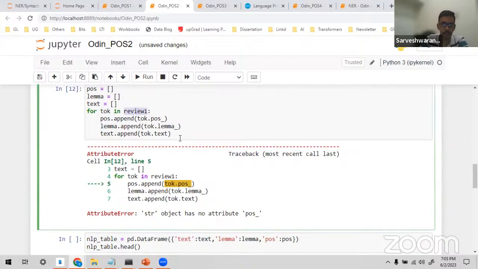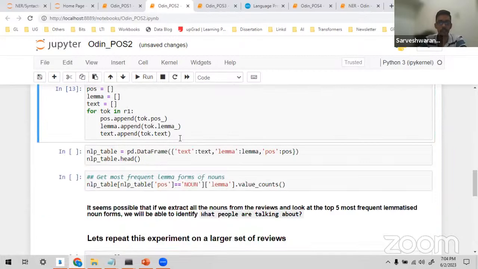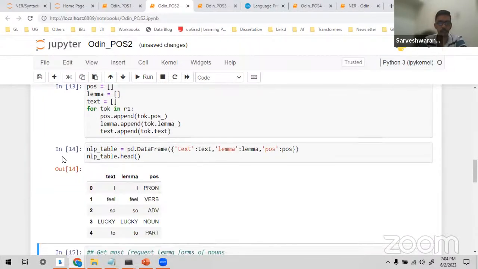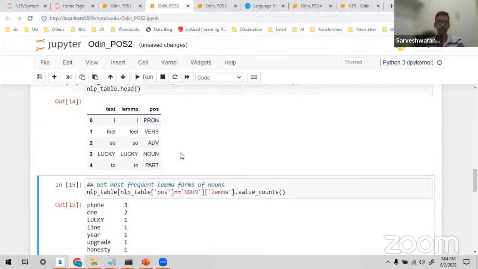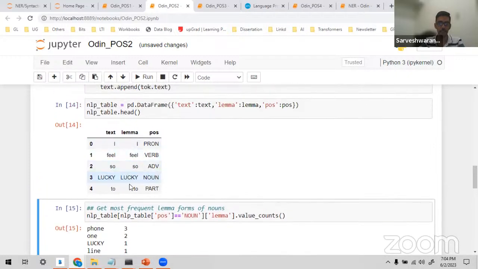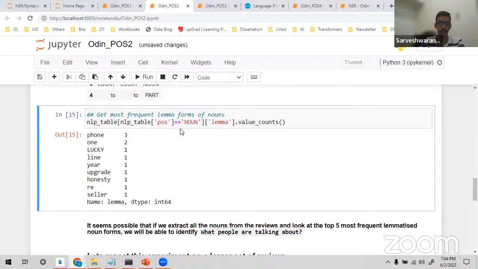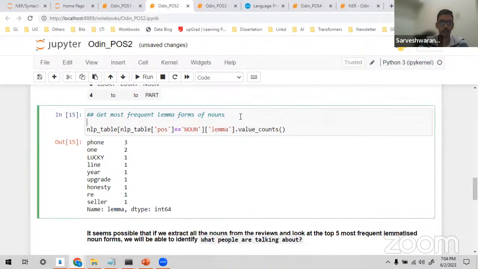Okay, it's an R1. I'm just converting it to a proper data frame, so the moment I make it a data frame, I can do a lot of things. Here, these are not inflected words. These are all the straight forms of words. Then I'm converting to the most frequent lemma forms of the nouns. These are all the parts of speech tagged as a noun, and I'm just taking the lemma of that word. In a sense, I'm just removing the inflection form of the word.